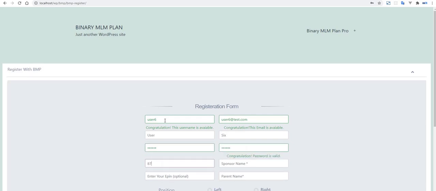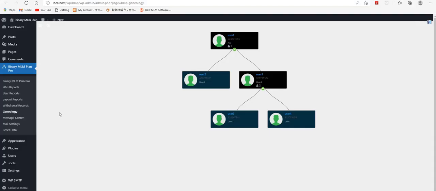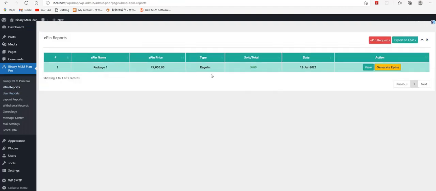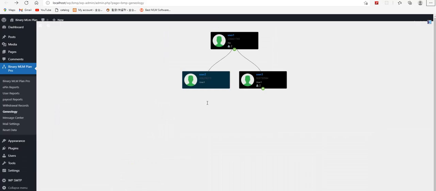Phone number can be anything because there is no restriction on the phone number. User 1 is the sponsor, so we need the EPIN. As I am the admin as well, I can use the EPIN from here, because we have already created the EPINs.